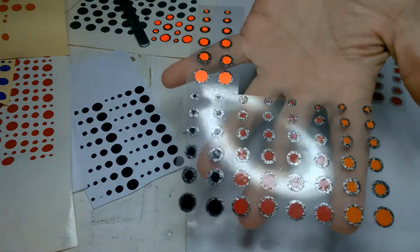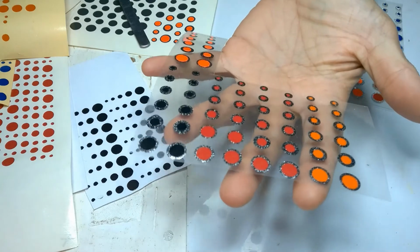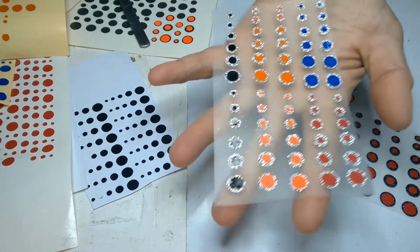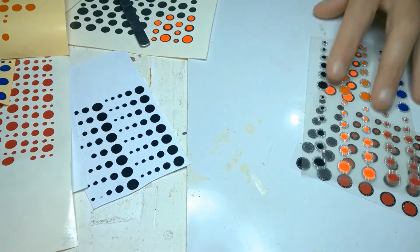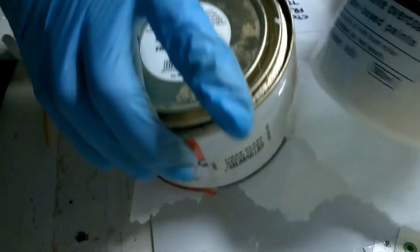Alright, here's a couple of examples of the eyes that I've already got pupils on. It's really limitless. You can do any type of variation. It's purely up to you whether you use 2, 3 or 4 colors. Okay, what I've done here is I've done a small experiment to see which